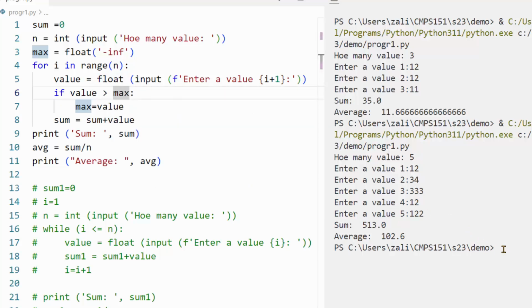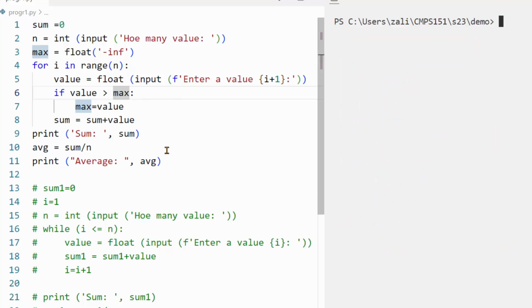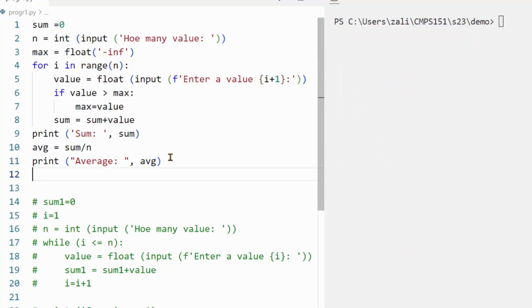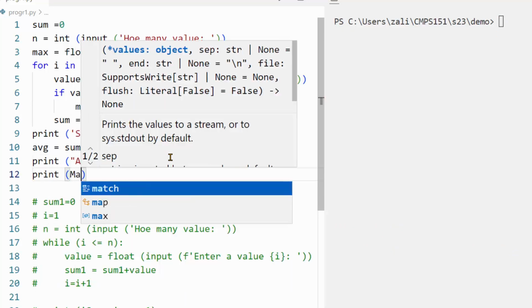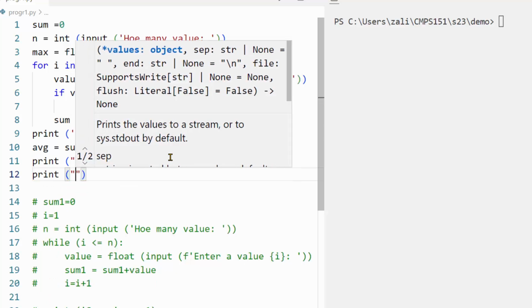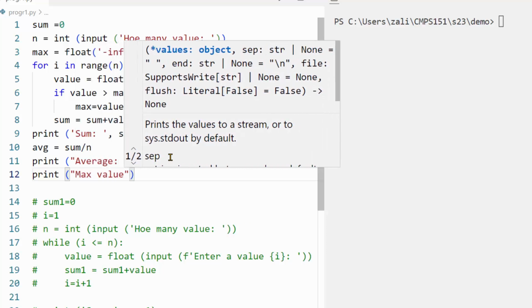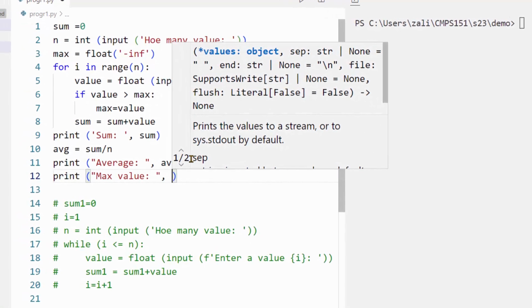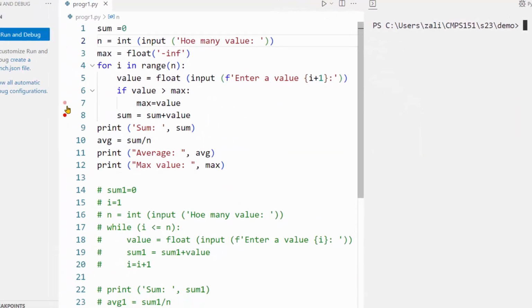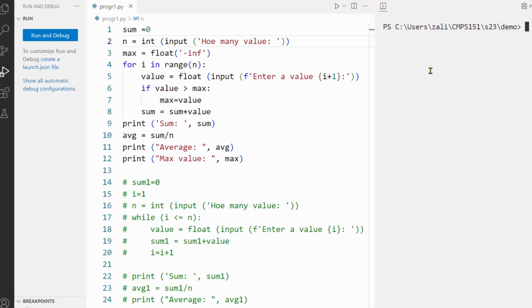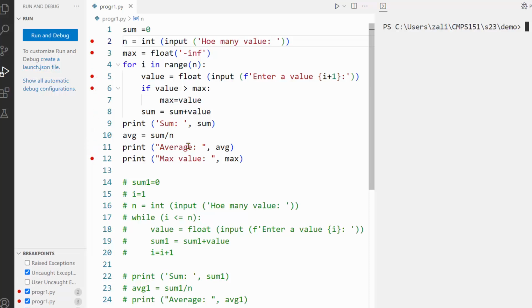So after the loop, I would say print, max value is, comma, max. I'd like to show you how this program is going to work by adding some breakpoints here on the important points. Okay, let's see this. I'll debug my program so you'll be able to see the contents of each variable used